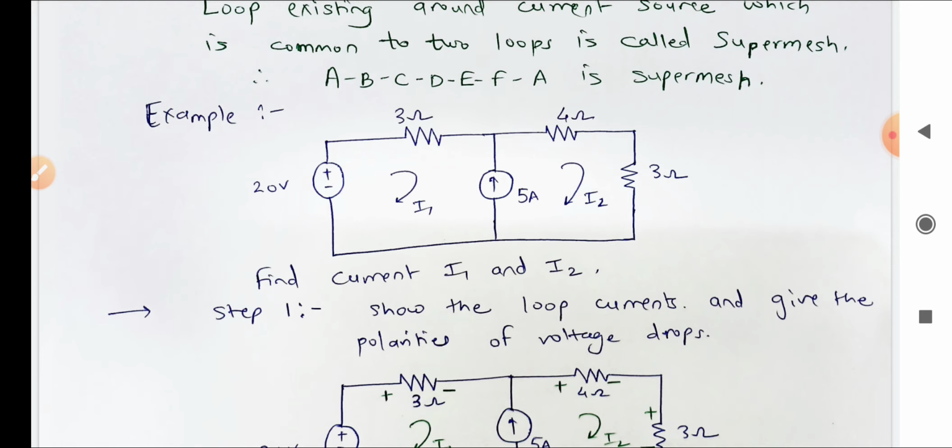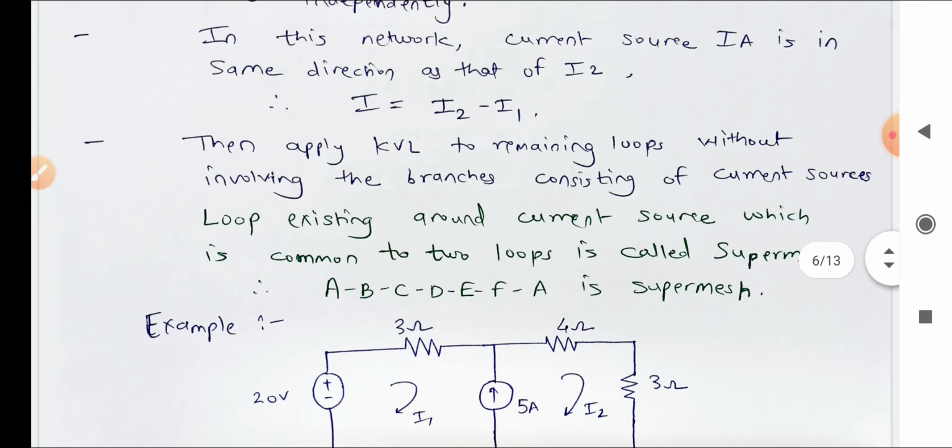Now by giving all the sign conventions and by writing the equation, we can easily get the values of the current which is flowing through the two loops, that is nothing but I2 and I1, because the first equation is I equal to I2 minus I1, and the second equation will be from KVL. So by using those two equations, two unknowns are there, and by solving them simultaneously we can easily find the values.